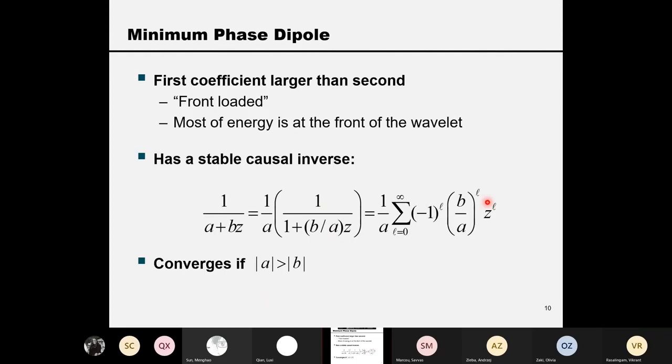Okay, converge has 2 meanings here. One, it's stable, numerically it will be stable, right? It's a stable calculation. So that means if you truncate the Taylor expansion at, for example, order n,